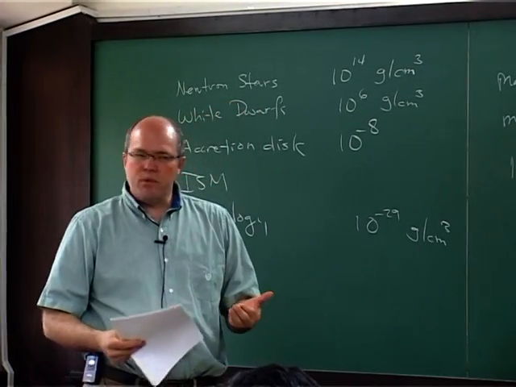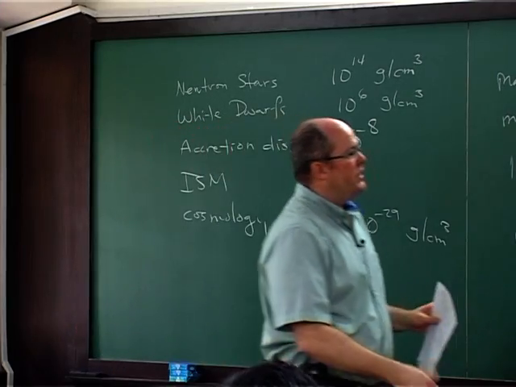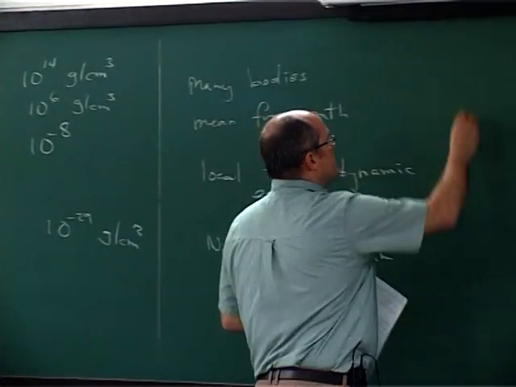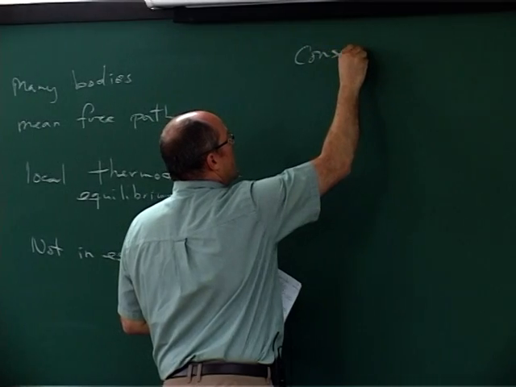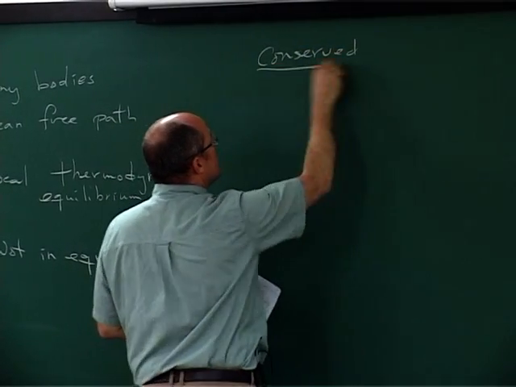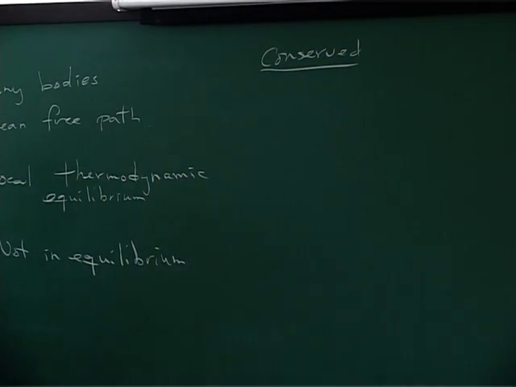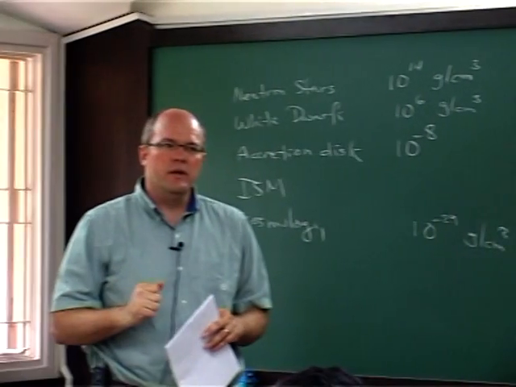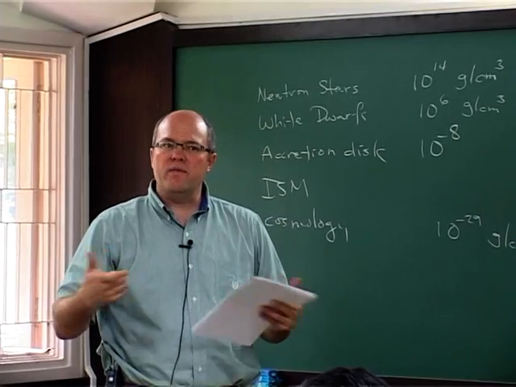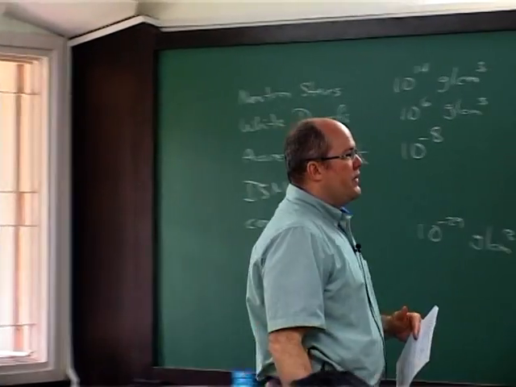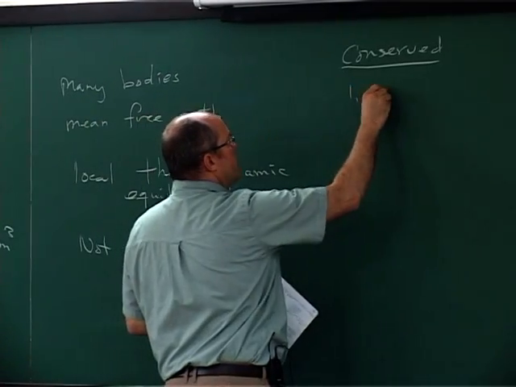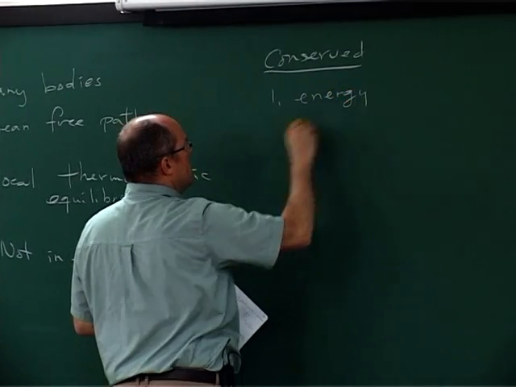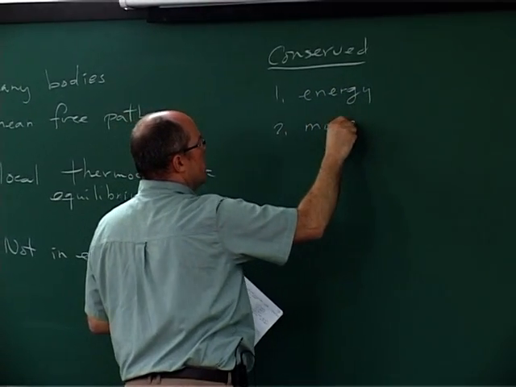And so when we start building our physical model here, we're going to have basically two different types of variables. I have variables that are going to represent conserved quantities. These are the quantities conserved at the microphysical scale, and these are the quantities that can be out of equilibrium in the system. And these are things like energy and momentum,